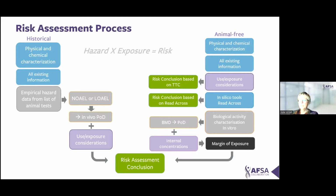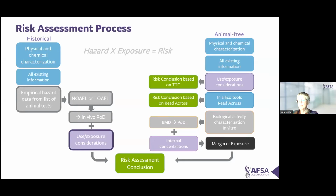In a traditional risk assessment, a set of standard animal tests, generally speaking, is performed, and the lowest dose causing an effect or the highest dose causing no effect in any of the tests is taken as a point of departure to base the risk assessment on. Exposure is generally considered only after or at the same time as the hazard assessment, and then both feed into the final risk assessment. In the animal-free risk assessment, especially for consumer products, exposure is considered at the beginning, and